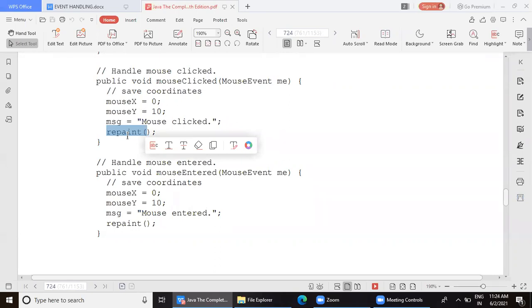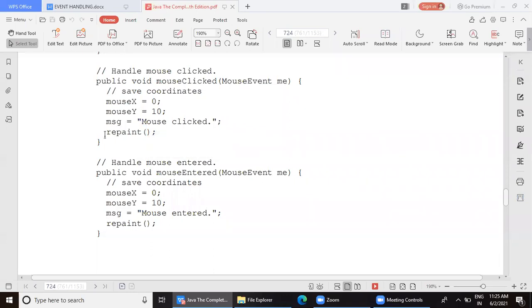But then you will wonder, why can't paint do it on its own? Why does it have to be inside repaint? But that is how the syntax is done. Paint independently is called only at the time of loading of the applet window, and repaint can be called multiple times during the execution of the applet lifecycle. But repaint doesn't execute independently. It takes the help of the paint method in turn.